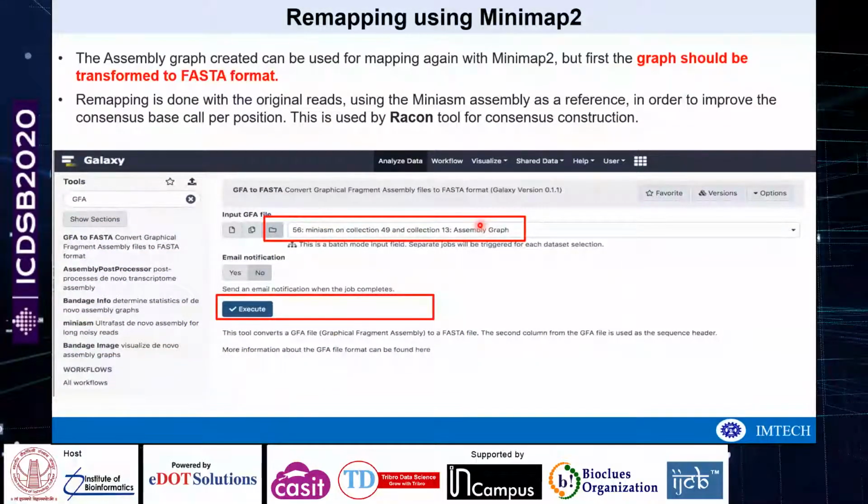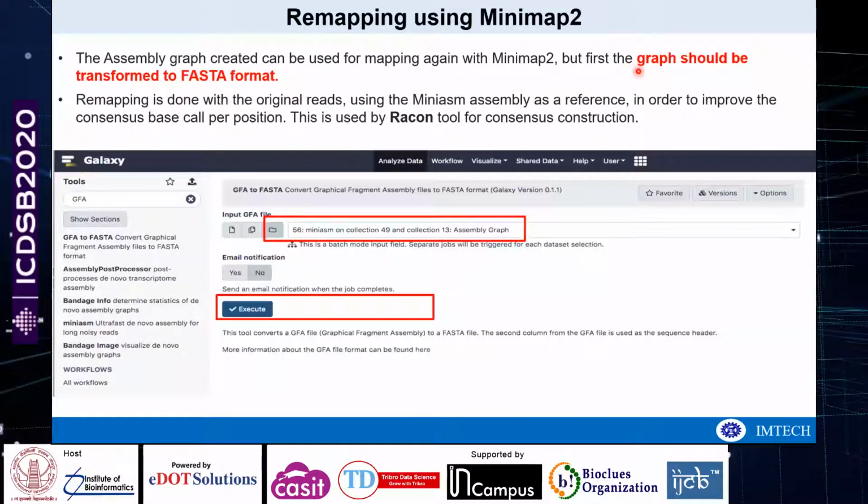If you have generated an assembly and want to refine it, they have used the Racon tool for the consensus construction. The assembly graph which we have generated previously can be used for mapping again with Minimap2.